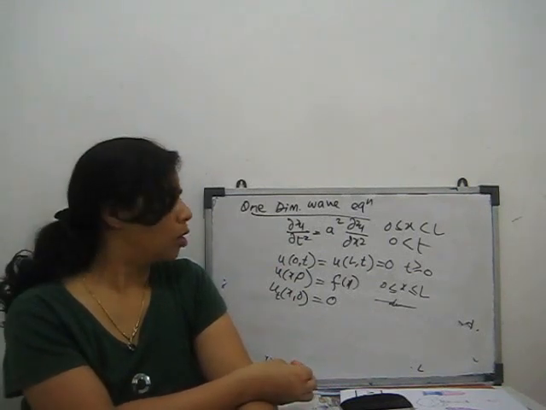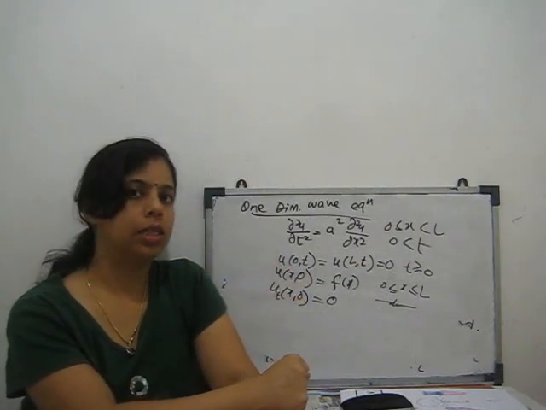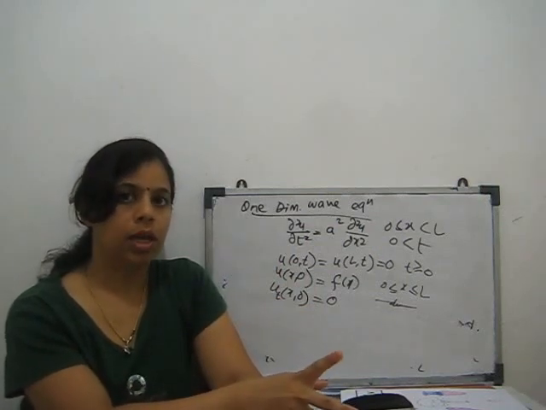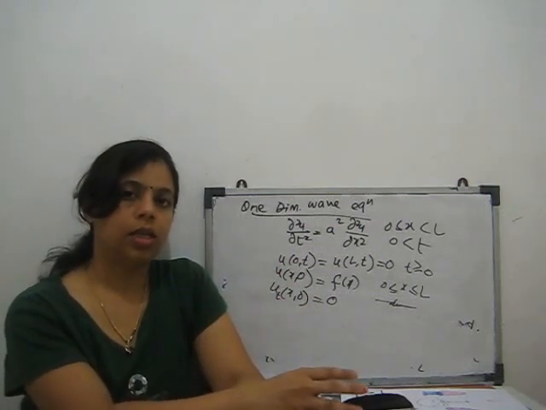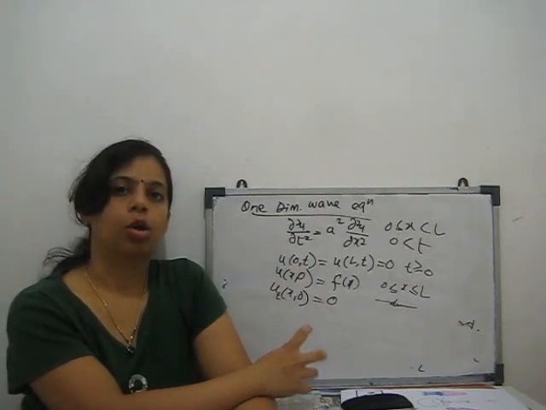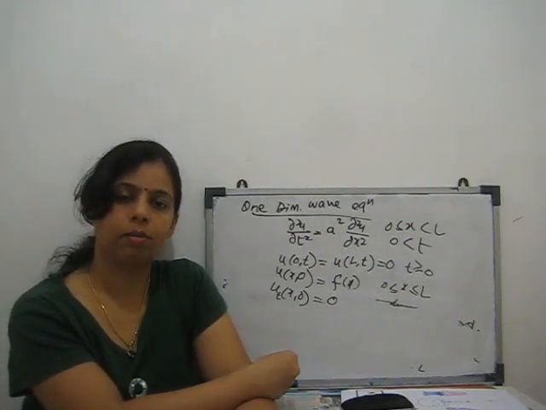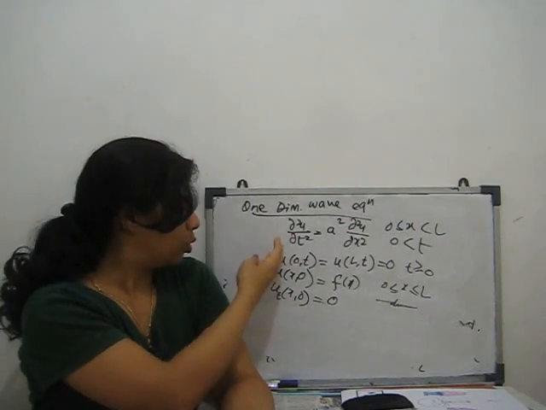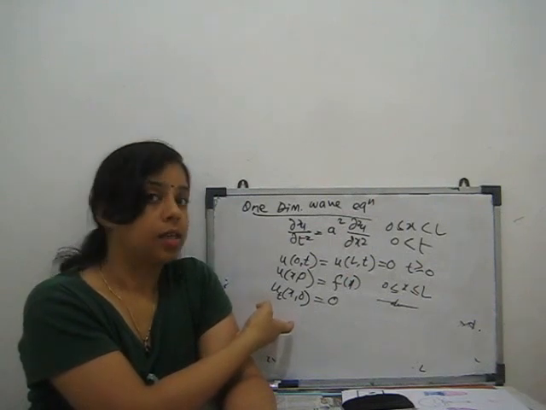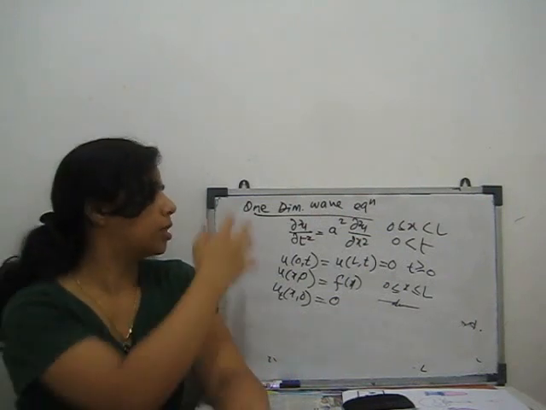It's my advice, if you want to learn this solution, first watch how to solve the one dimension heat equation, then the one dimension wave equation. So you will repeat the same process two times, and it is better to also see how to solve variable separable equations. Then you can easily get the solution of this equation, because it is the same process: first we apply the variable separable method, after that we substitute the boundary and initial conditions, and at the end in the solution we will get the Fourier constant. If we find the value of that Fourier constant, we will get the solution of this equation.